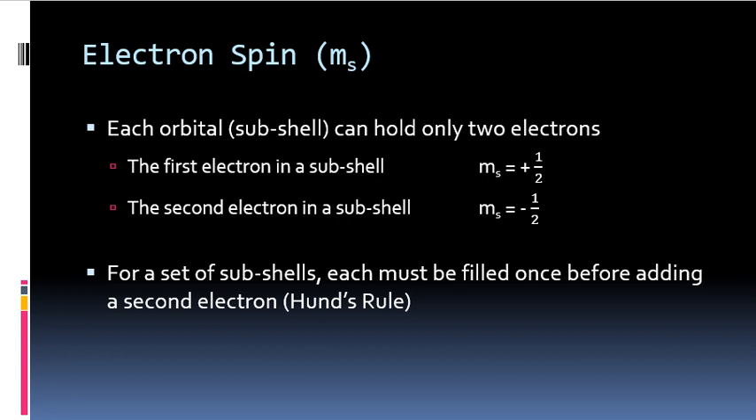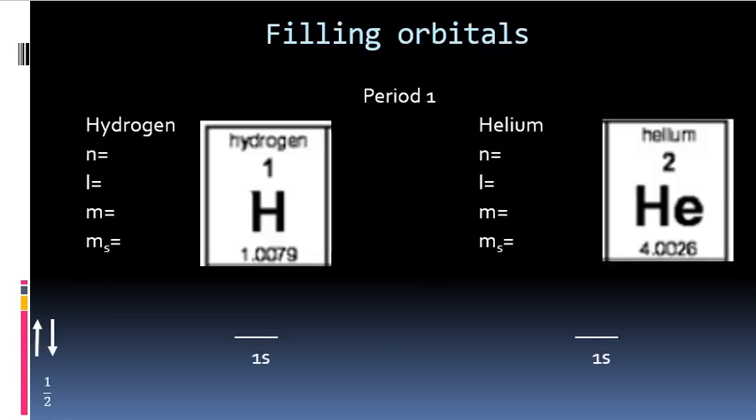Now, for a set of subshells, taking something like p orbitals where there are 3 of them in a given shell, or d orbitals where there are 5 of them in a given shell, for a set of subshells, each individual subshell must have one electron in it before you start adding a second electron to any of those subshells. And that's just called Hund's rule. So now we're actually going to get into examples of filling